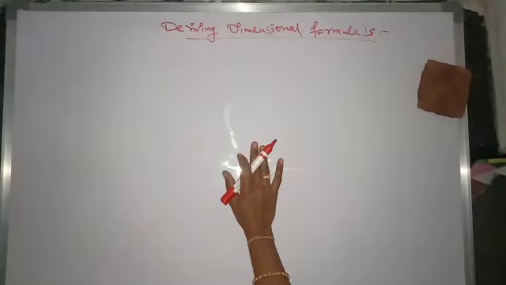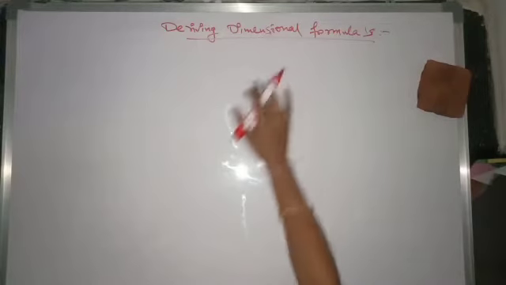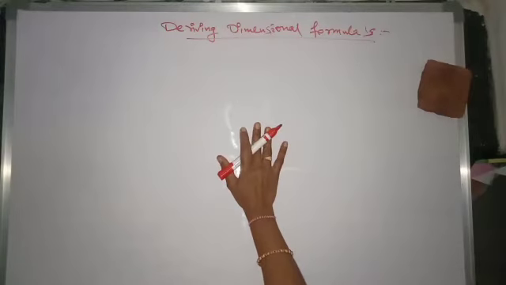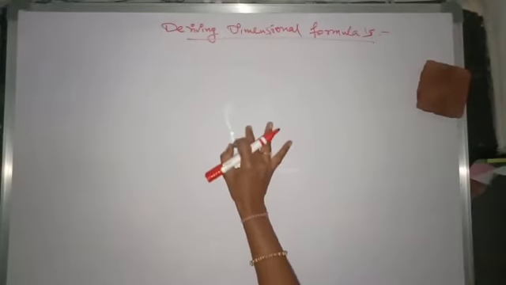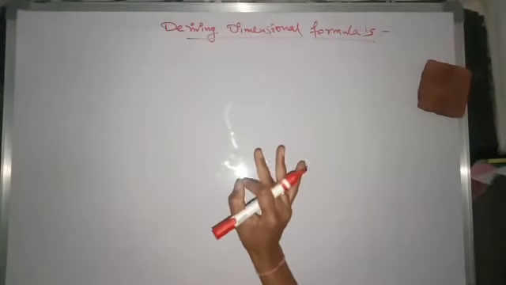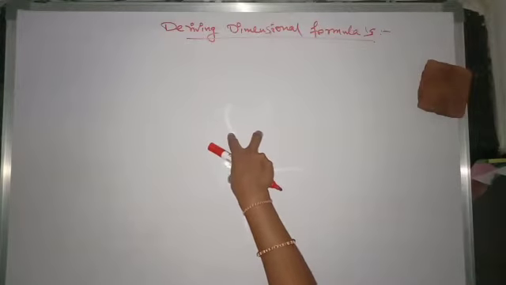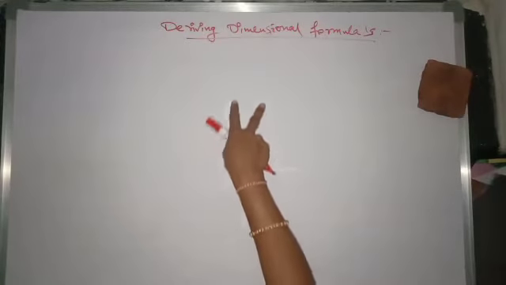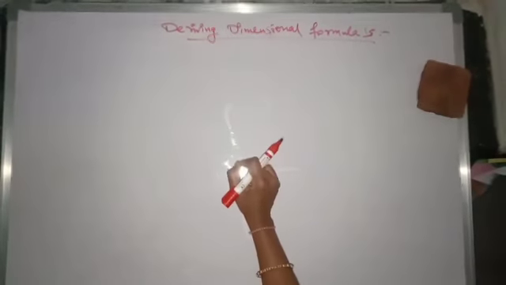I think this is our third lecture on units and dimensions. This lecture will also be useful for both the intermediate first year students as well as ECET students. So before trying to find out the dimensional formula for physical quantities, you have to know the definition and the mathematical formula for those physical quantities. So please, before going to find out the dimensional formula, go through the definitions and the mathematical formulas